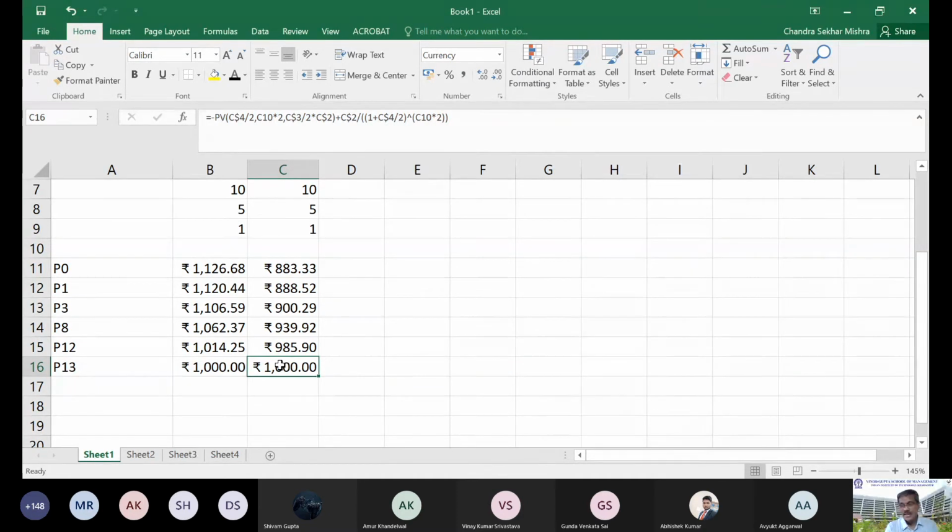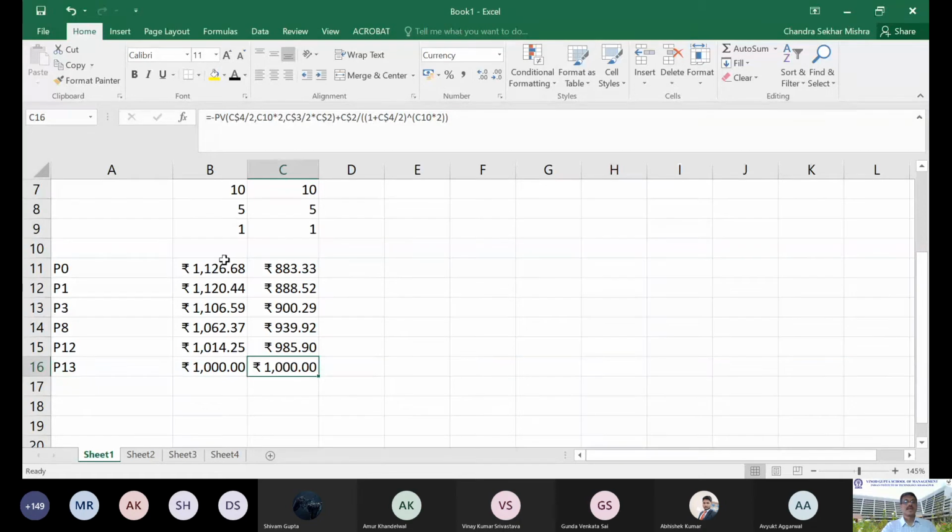At the end of the 13th year, if you buy the bond, you will pay how much? 1000 only, because there is no coupon to be given to you, as it is already 13 years over. Whoever is holding the bond will get the coupon. So both the premium bond and the discount bond migrate towards the par value as they go towards maturity. The discount bond value goes up and the premium bond value goes down, because at the 13th year the value cannot be more than 1000 rupees. Whatever you have to get, you will get that much only.